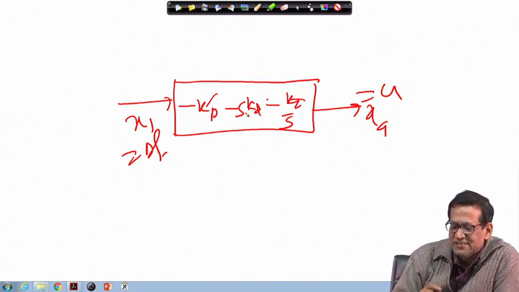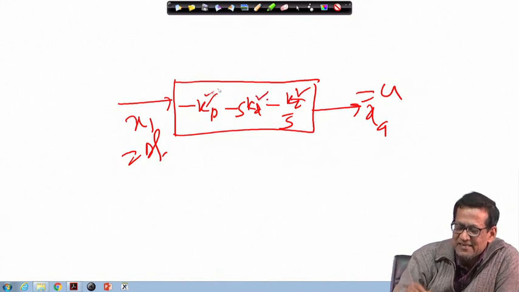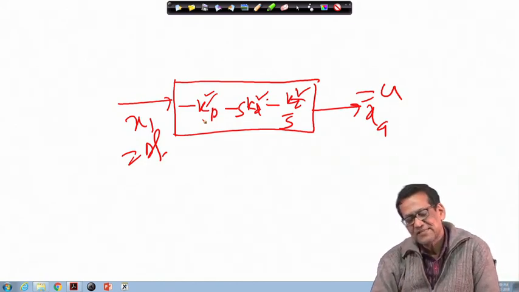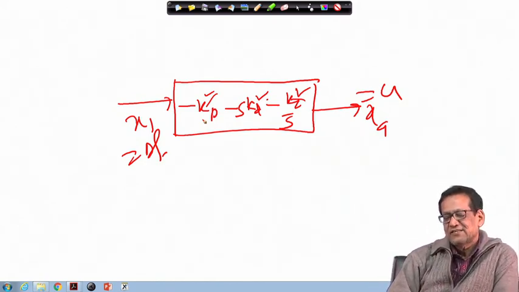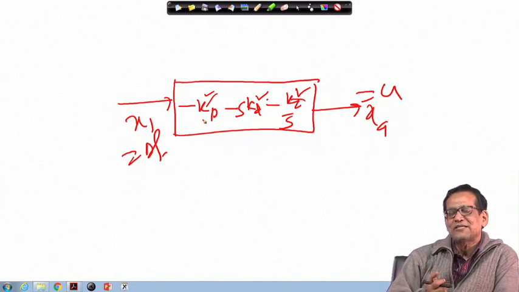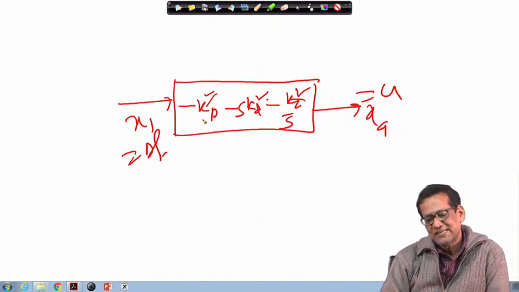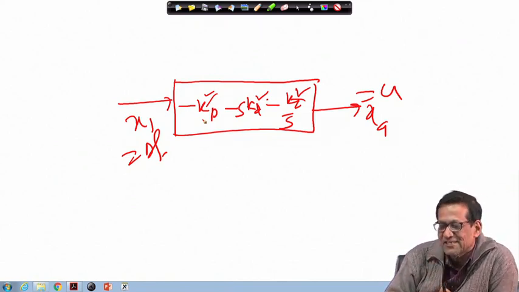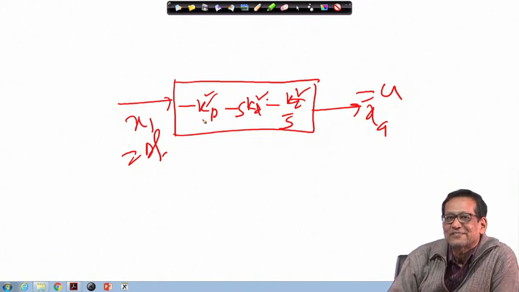When you take minus, generally Ki, Kd, and Kp, it depends of course on the system. For this system, you have to take Ki, Kd, or Kp positive. But if you take plus Kp dash, plus S Kd, plus Ki, then you have to take Ki negative. So we have to see that. By chance if you see that the eigenvalues are going to the right of the S plane, then be careful about the sign. And this is a question to you: if you put minus Ki upon S, then Ki is positive, so why does it happen? This is a technical question to you.